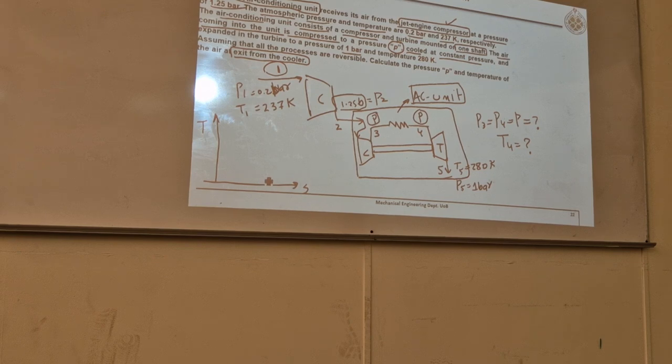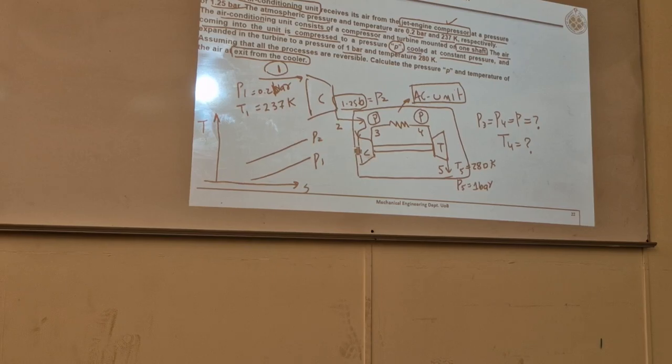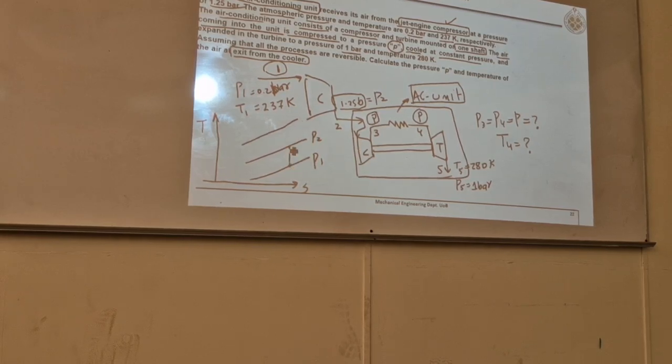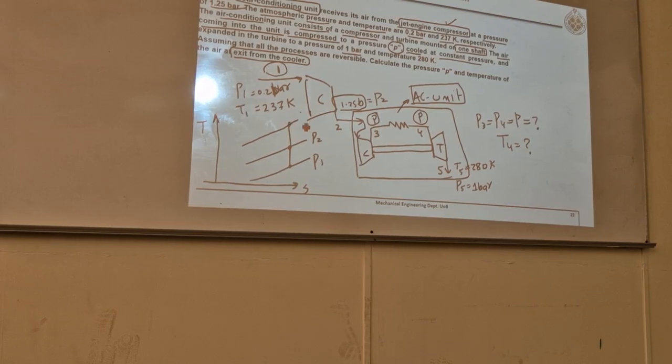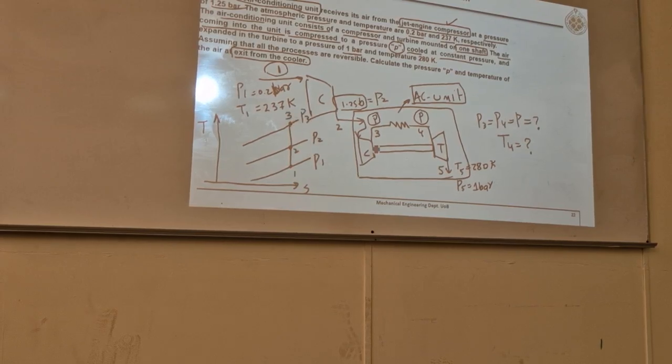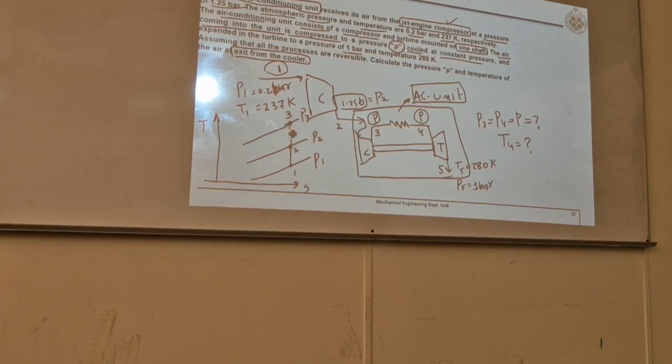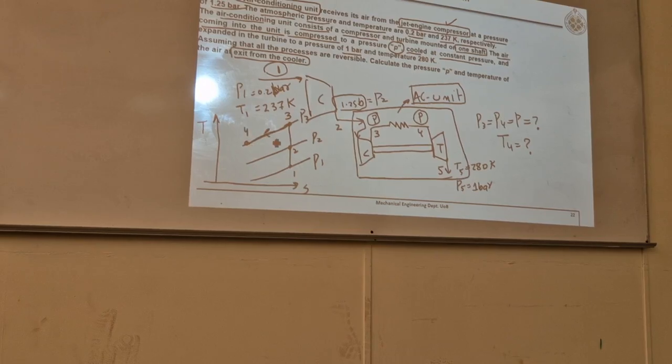So starting from point 1, pressure P1, then P2, then another compressor P3, isentropic, another isentropic. 1 to 2, 2 to 3, then 3 to 4, isobaric cooling, 3 to some point 4,